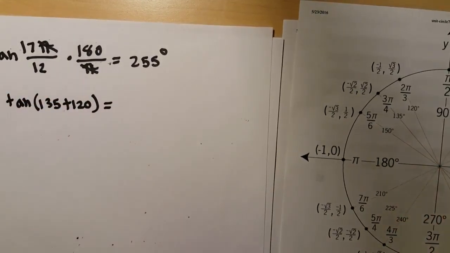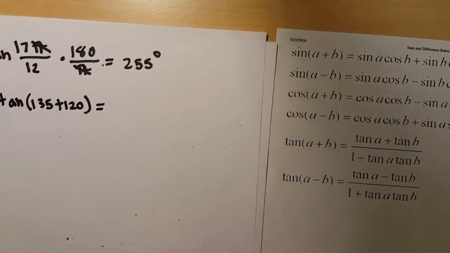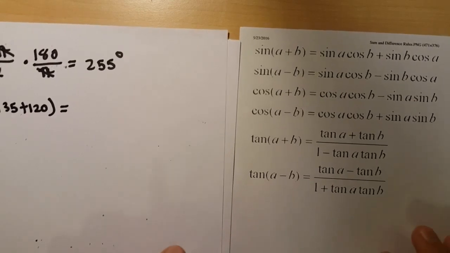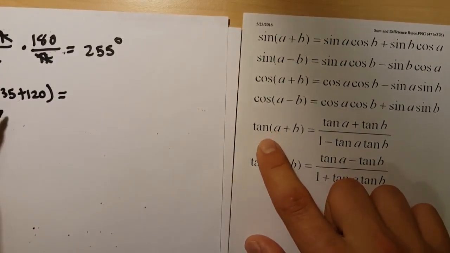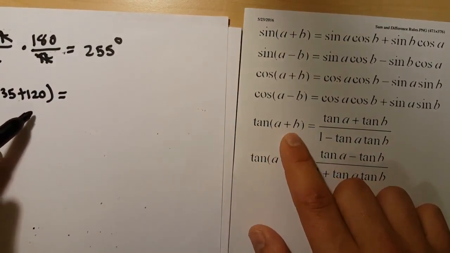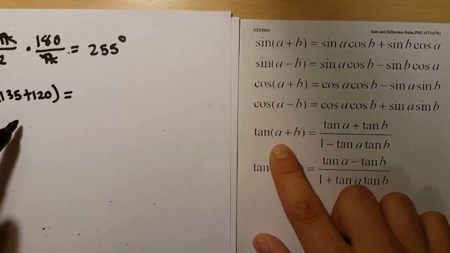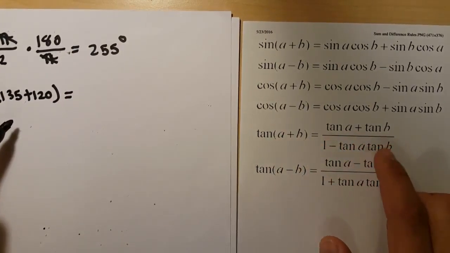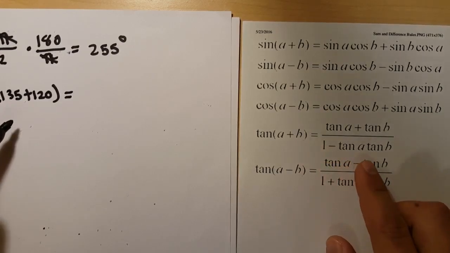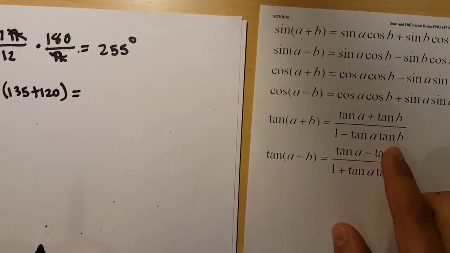We look at our identities. And the identities show us that tangent 135 plus, so it's tangent and added. So tangent and added gives us tan A plus tan B over 1 minus tan A times tan B. So we plug that in,